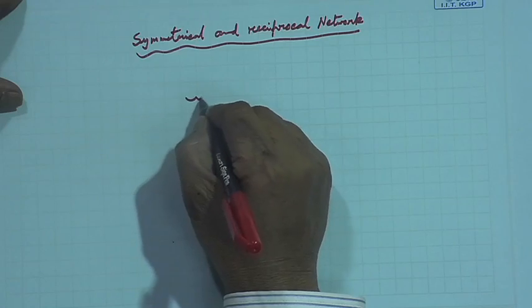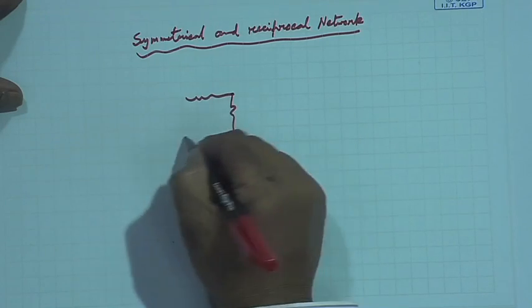Now, the same two port reciprocal network, we enforce symmetry in the network. Generally, filters, most of the times we design symmetrical filters. The two port network is symmetrical. What do we mean by symmetrical? When I said this